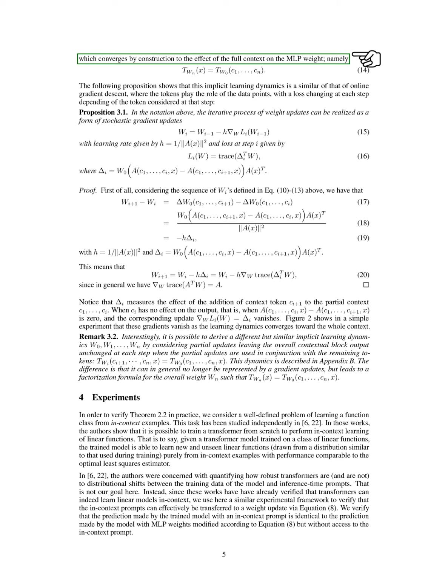Section: Verifying Theorem 2.2. In this section, we verify Theorem 2.2. We demonstrate that a transformer trained on linear functions can transfer the in-context prompt to a weight update. Specifically, we want to show that the output of the transformer with weights W and input X is the same as the output with updated weights, W plus a change in weights, and the same input. We compare the validation loss from both sides of this equation when making predictions on an evaluation query token. The loss values from both methods align closely, even when we look at a detailed view of the graph.